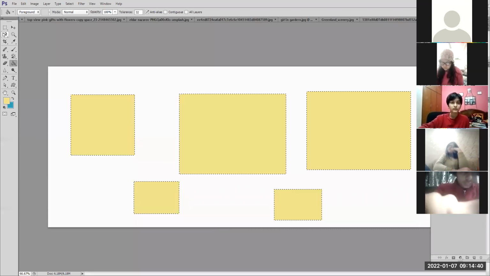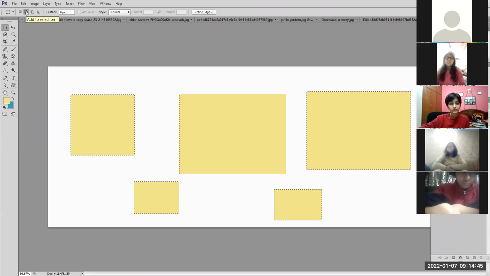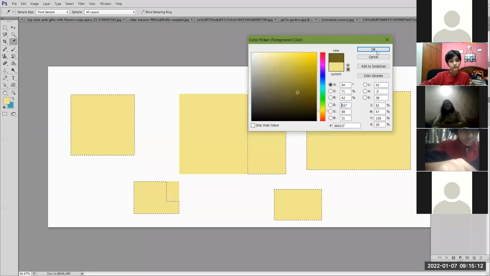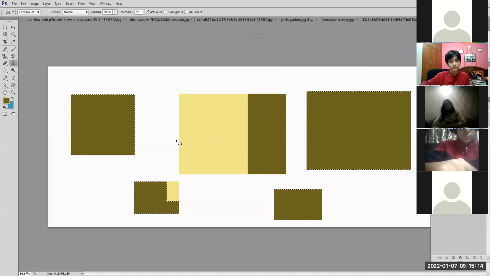Now, the problem is that whenever I click on the selection tool, the add to selection option is still selected. If I want to deselect, I have to go to new selection or select delete from selection. If I select delete from selection, now you can see a minus sign with the pointer. I select this area. Now what will happen? This area got deselected. You can see the dotted area now. If I fill another color, only this much area is selected and that area has been deselected.